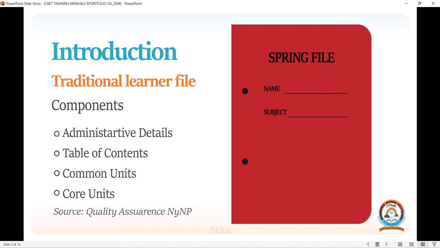And then from there, because we expect this file to have more information, it's good that you do the formatting using the table of contents so that you arrange your file accordingly. Then you are supposed to plan to file the evidence of what you learned during that term. You start with basic units, then common units, and then core units. So if you have a basic unit like communication skills, for that term you have to file the evidence. For common units like electrical and electronic principles, and the core units like